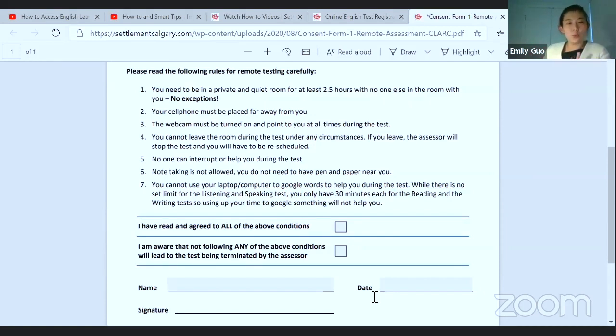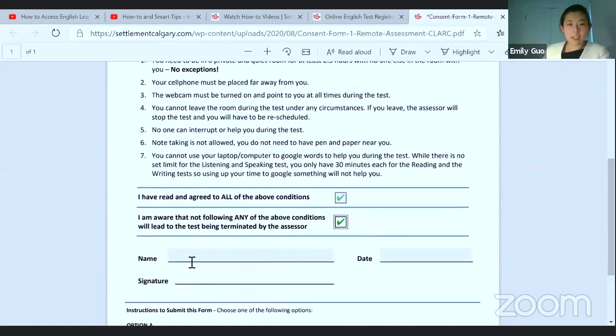So we should be able to see you and hear you just like this. And then check 2 more boxes: I've read and agreed to all of the conditions, and the next one as well, which is very frequently missed. And you just need to type in your name, put in the date there, and insert your signature.